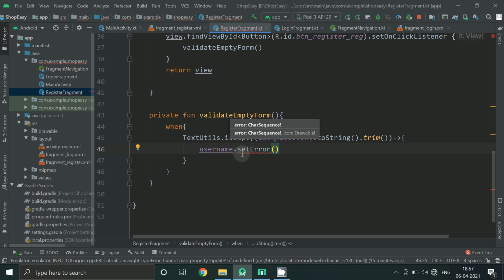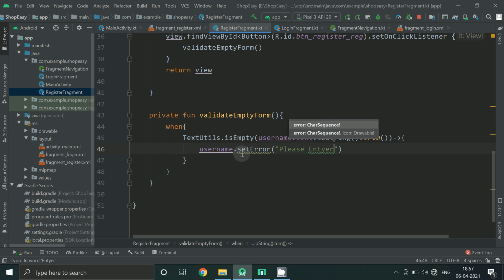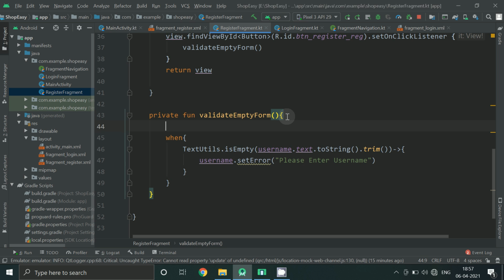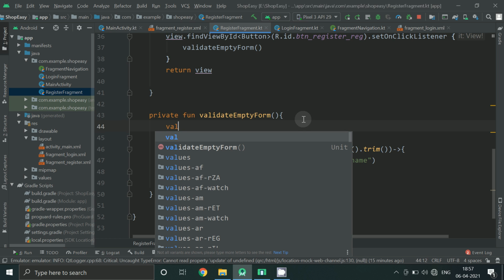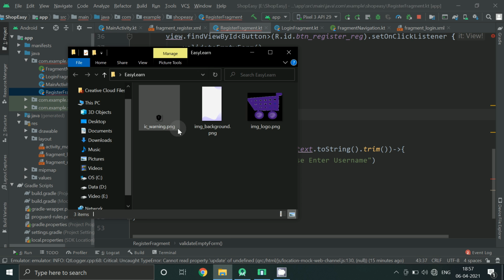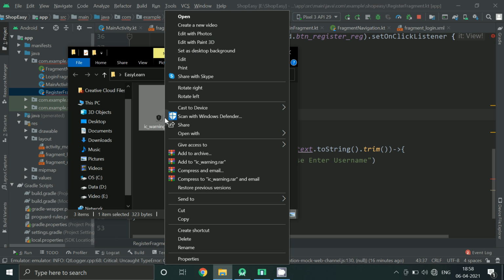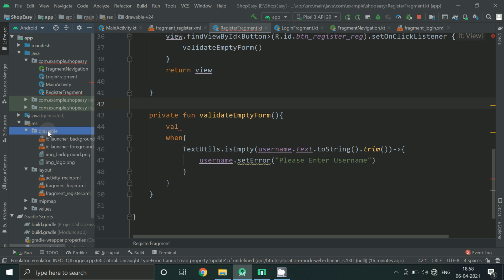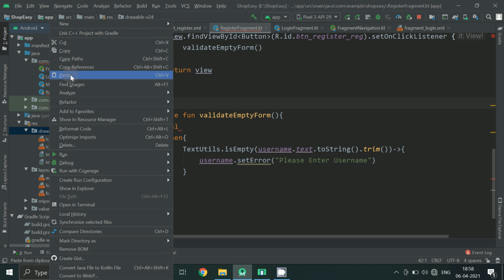So if our username is empty, we will set an error. Please enter username. Let's provide an icon also. First of all, copy your icon. Right click on your drawable folder and paste.